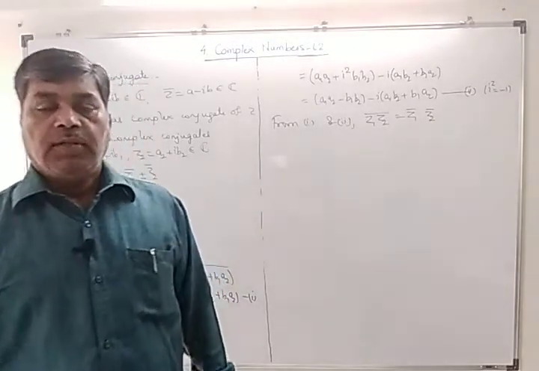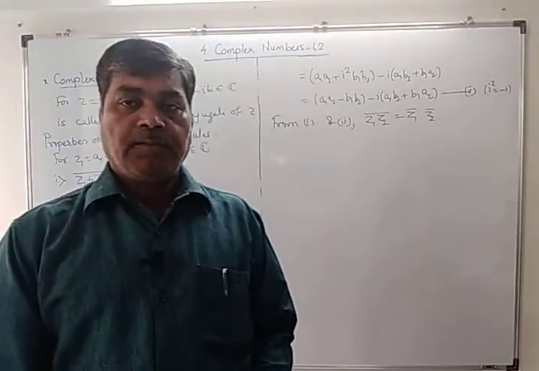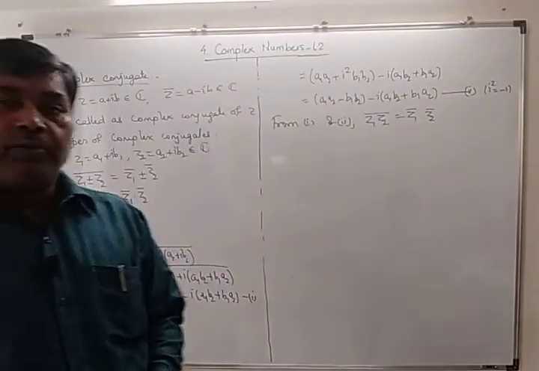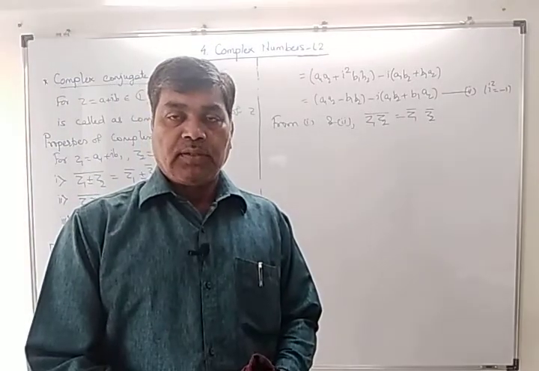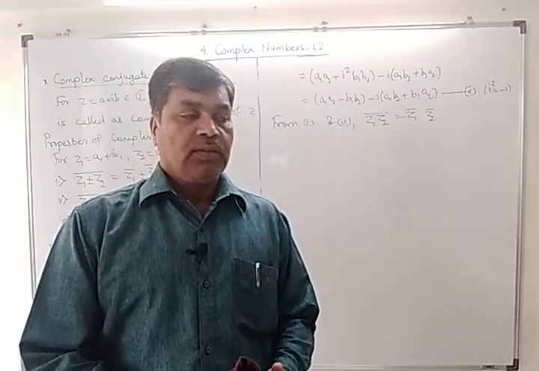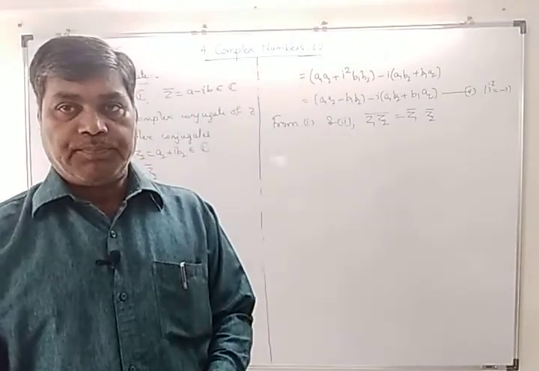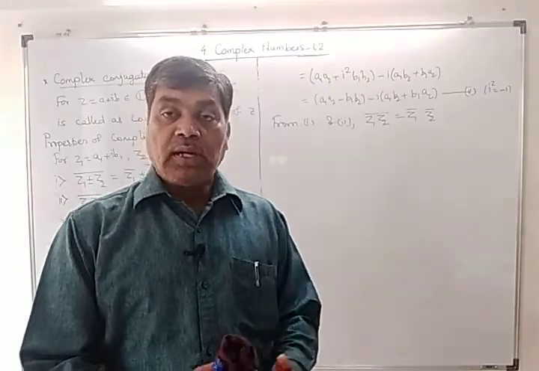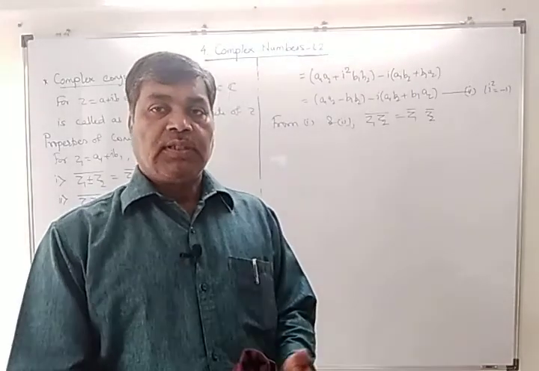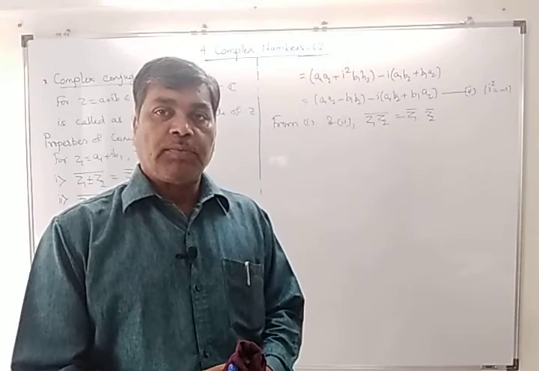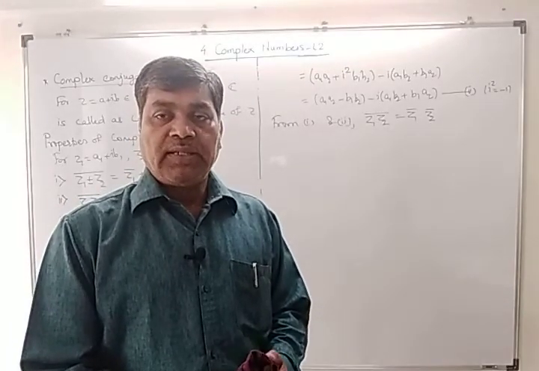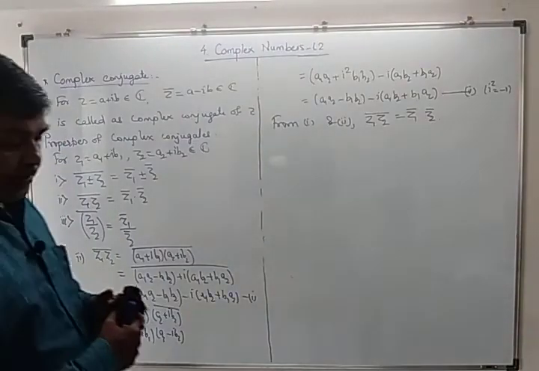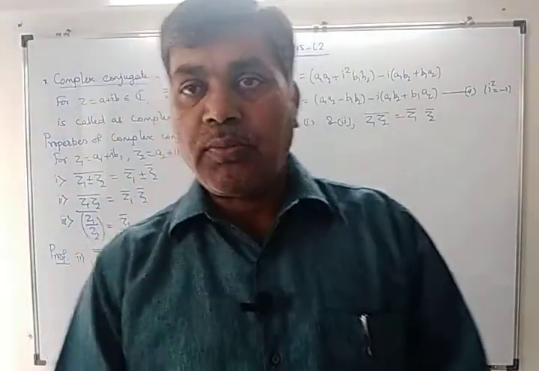Hello friends, in the previous lecture we studied the introduction to complex numbers. We defined what a complex number is, iota i equal to the square root of -1, and with the help of that we defined the complex number system. Then I talked about equality of complex numbers and the operations addition, difference, product and division of complex numbers. Later on we defined the complex conjugate: if z equals a plus ib, then z bar equals a minus ib is known as the complex conjugate of that number.